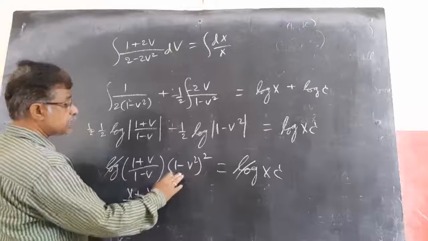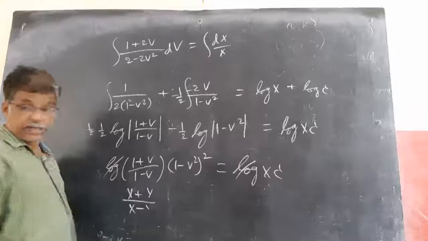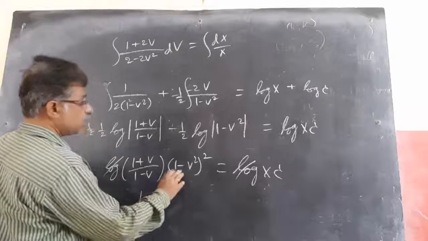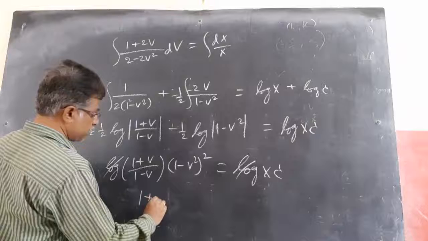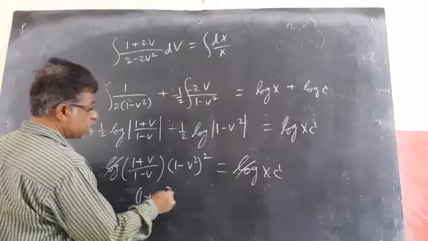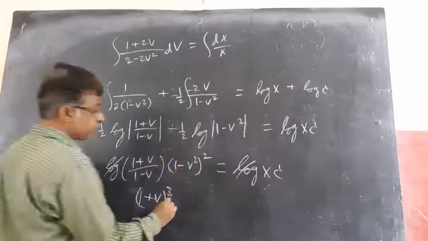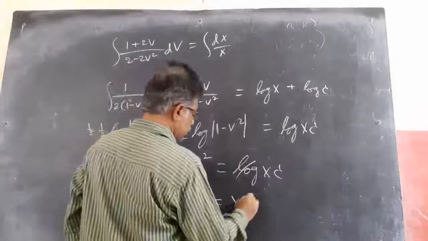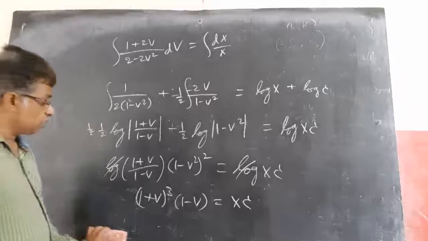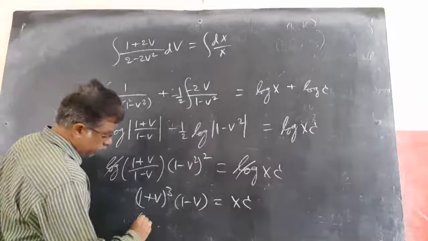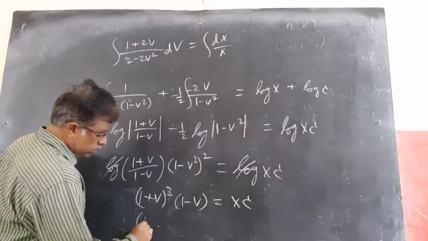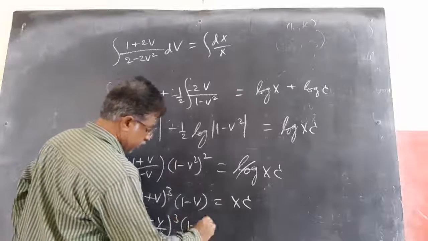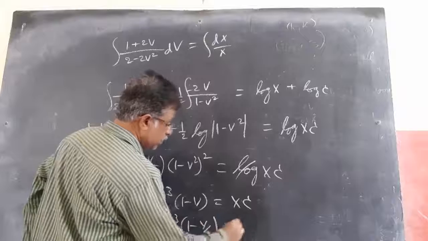Or we will do one thing: this 1 plus v into 1 minus v, if we write it, it gets cancelled again. So (1 plus v) whole square, that is (1 plus v) into (1 plus v) whole square, is (1 plus v) whole cube. And in 1 minus v, one gets cancelled, but one more 1 minus v will be there, equal to x. Now substitute y equal to vx. So (1 plus y by x) whole cube into (1 minus y by x) equal to xc,